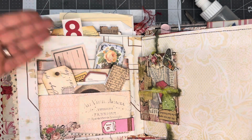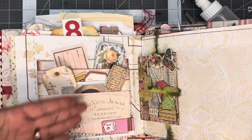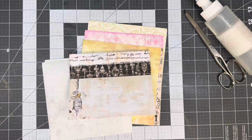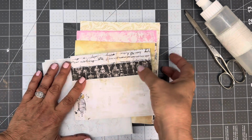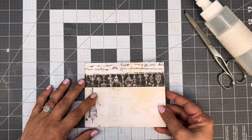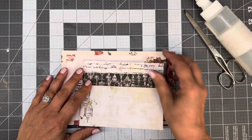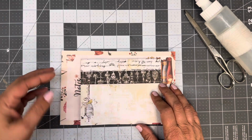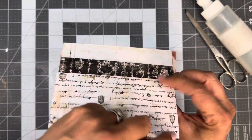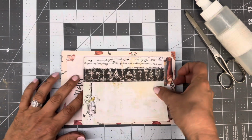So this one I have chock full of all the wonderful goodness, but I'm going to show you what they're intended for and what we are going to make. As you saw, that one's filled with all kinds of little bits and bobs. But the intent of these is to go onto your page as such. Let's just put it on this page, we'll pretend like it goes this way, okay? And you're going to be gluing it down here, here, and here. So you'll glue it down, and then